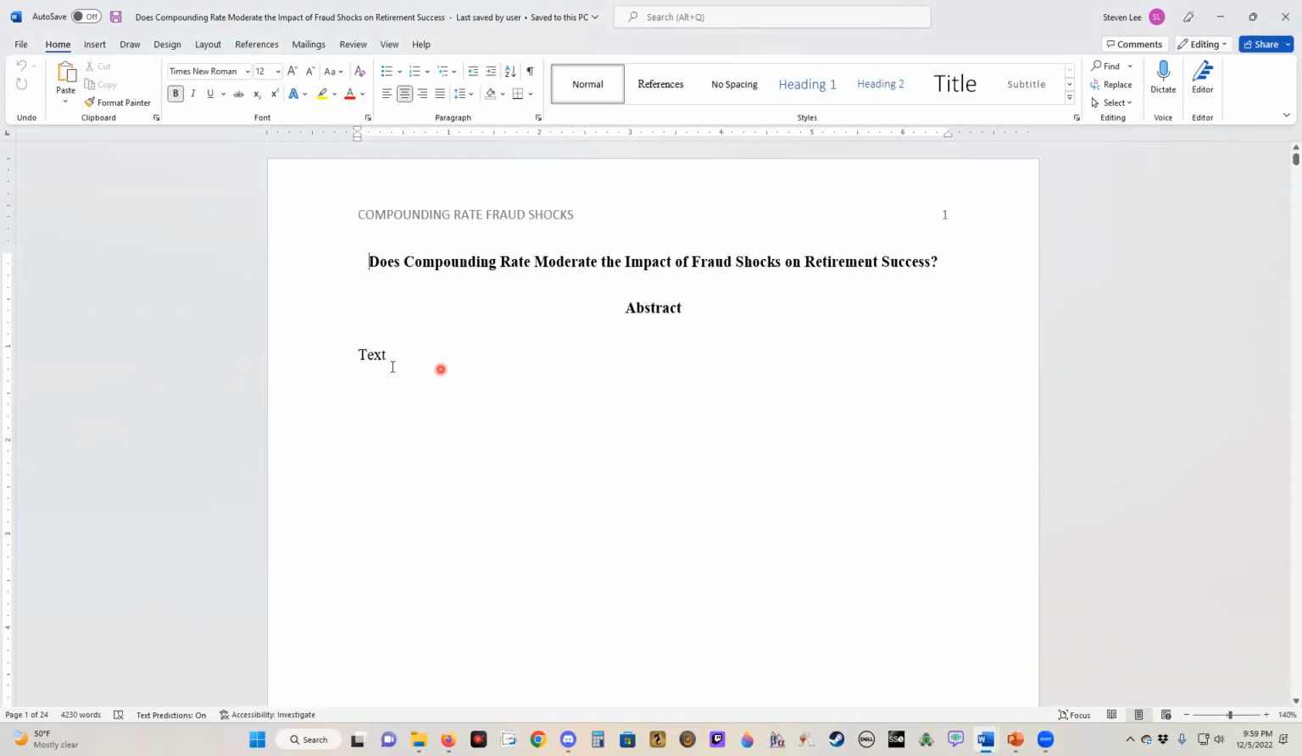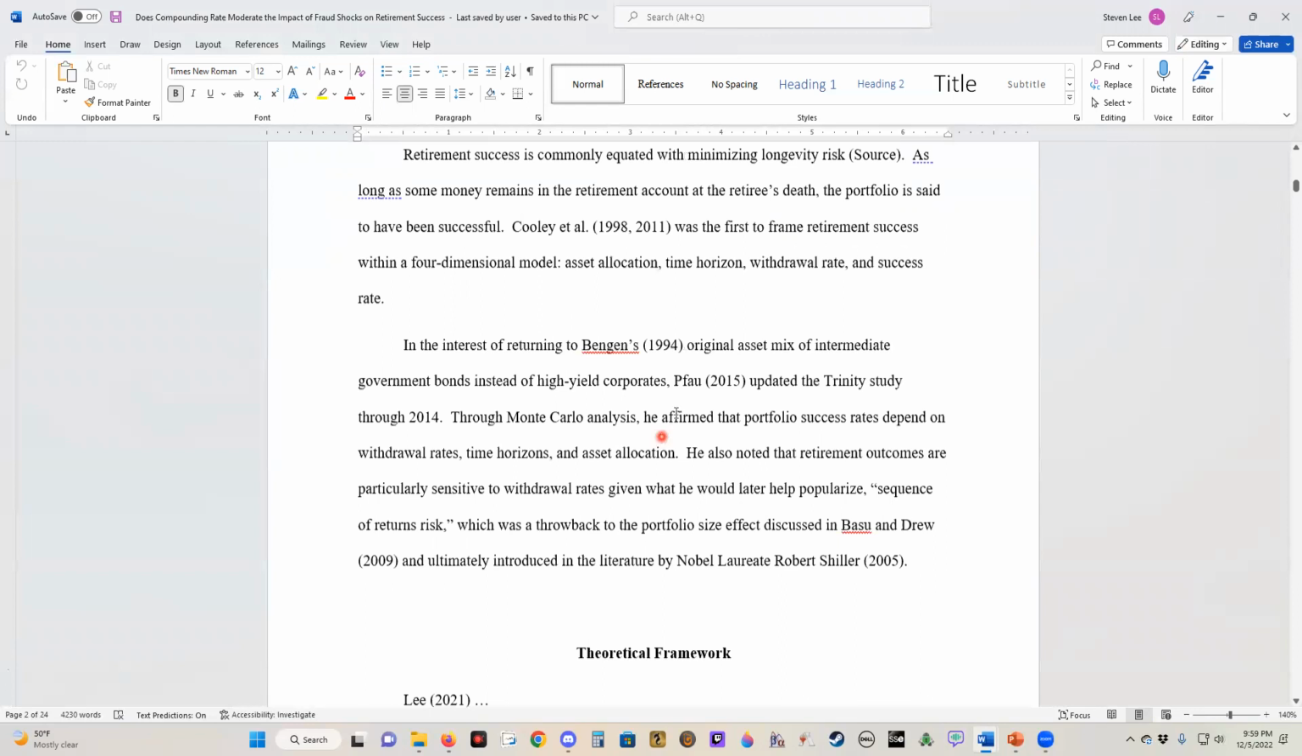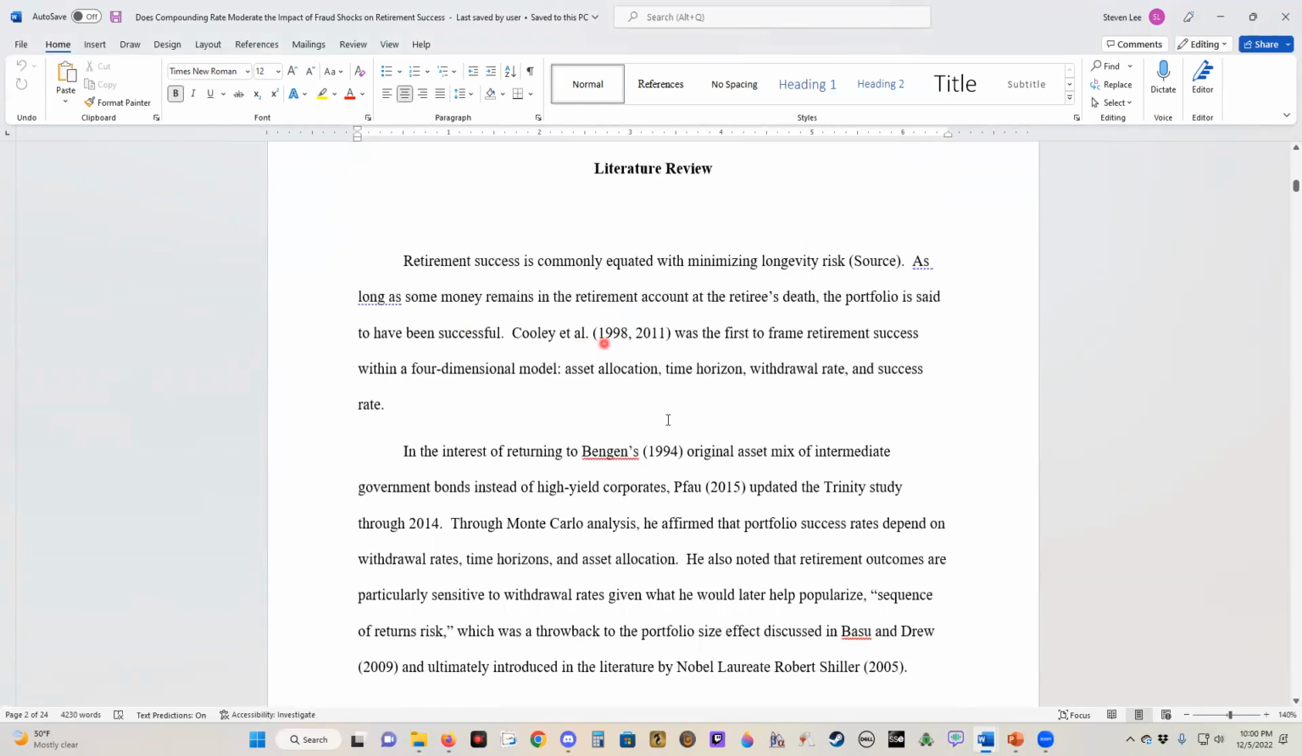So, all right. I always do the abstract last, and then I already started working on the literature review. Unfortunately, you can't copy over the same literature review, so I've got to go find some sources. But I did start here. So retirement success is commonly equated with minimizing longevity risk. I'm going to put a source in there because what we're talking about is